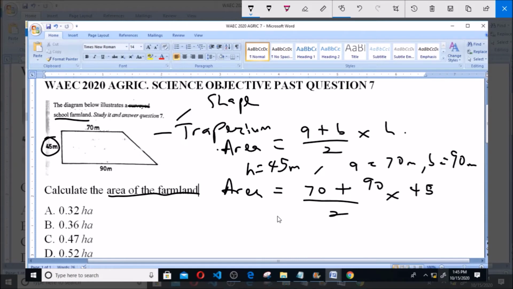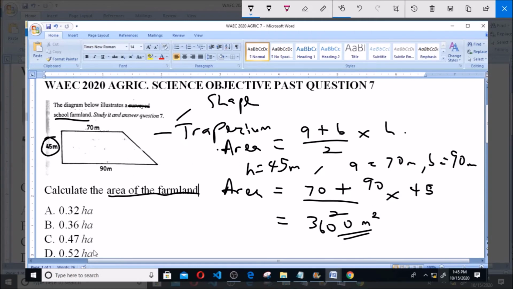Now 70 plus 90 is 160. 160 over 2 is 80. 80 multiplied by 45 is 3600 meters square. Now this is the area in meters square because our dimensions were given to us in meters,